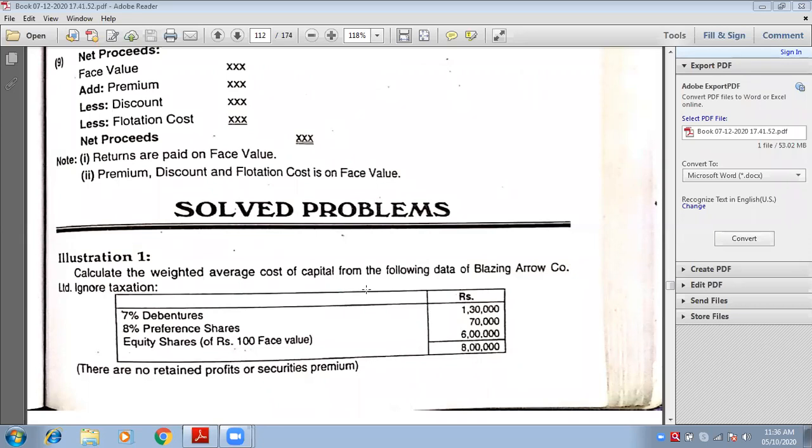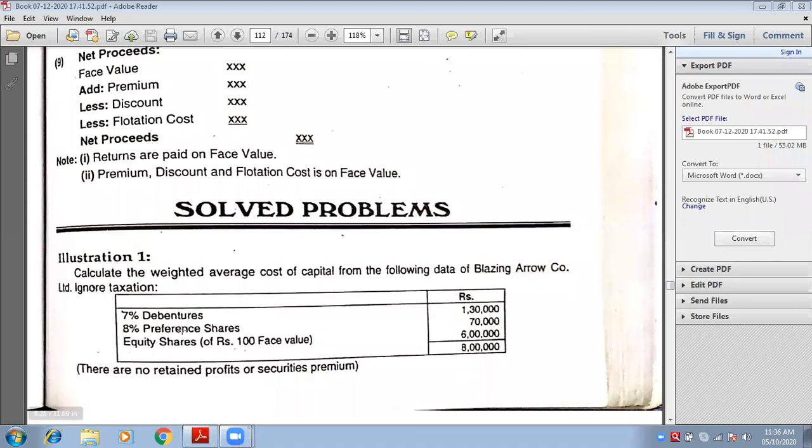Why will they invest if they don't get anything from the company's profits, future profits? If they don't get any returns from the profits, why will they invest? So out of 1 crore, 14 lakhs is paid to them. So 14 lakhs is my overall cost of capital. No, this is what I want to tell you, that weighted average cost of capital means what?